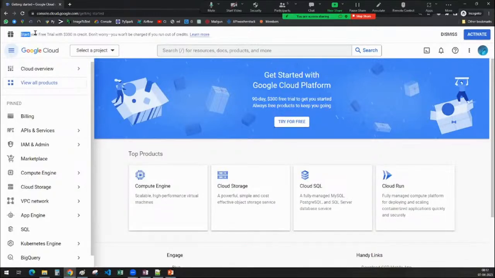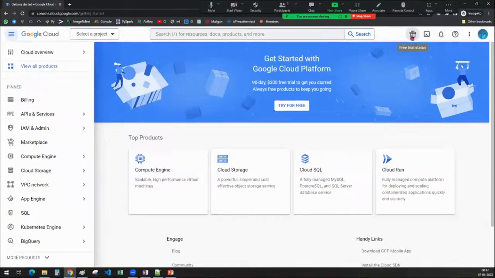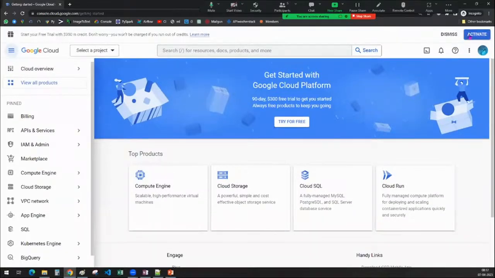You see here at the top, you will be able to see this. This is something that you have to understand. Once you have entered into the Google Cloud, you have to activate your free trial status. Even if you don't see this option, you will be able to see this reward option. You can click on it. Or even if you don't see that option, you will be able to see try for free. You can click on this activate button, or this try for free, any option.